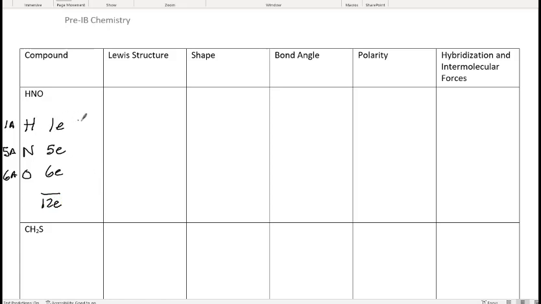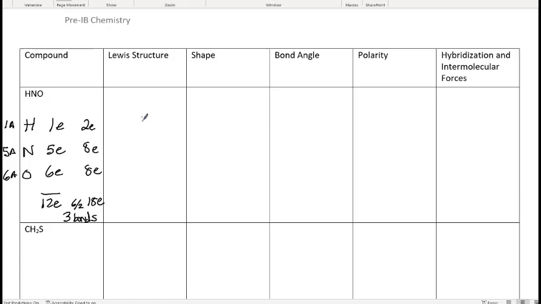And how many do I need? Well, I know for hydrogen, we need 2 electrons. For both nitrogen and oxygen, we need 8. So there's 16, that makes 18. So there's 18 electrons. So therefore, I'm looking at the difference there. The difference there is 6. So that means somehow, this doesn't always work, but it's pretty close, that I'm going to end up needing 3 bonds, because 6 divided by 2, since there's 2 electrons for each